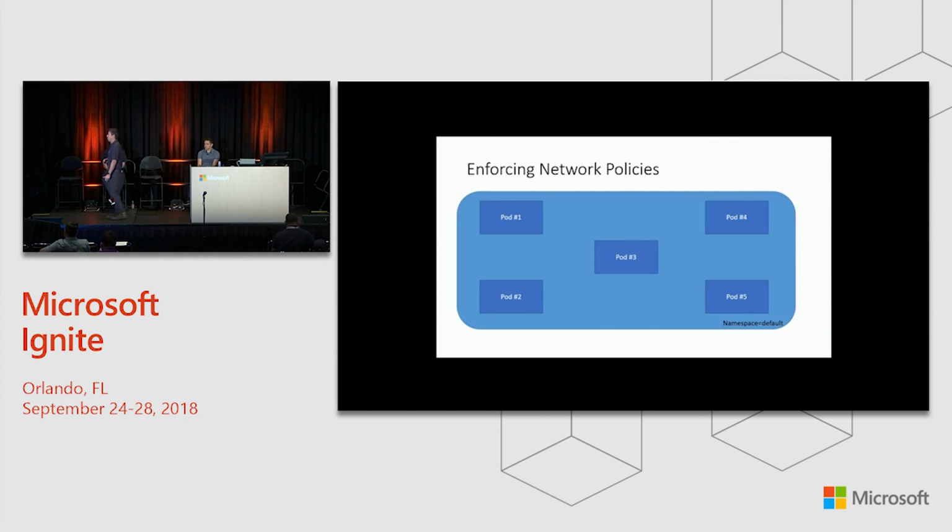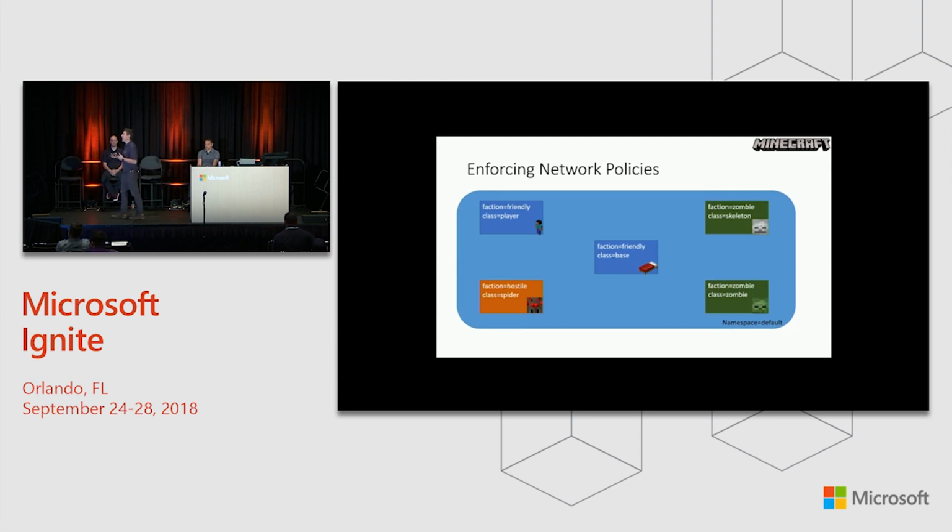I want to give you just a quick demo about what this actually looks like. So again, I mentioned that pods are the isolation boundaries for particular resources. They are typically running one or more containers inside of them. This is an example on a single node, but it could be across multiple nodes in a cluster, of a few different pods to which we want to apply network policy.